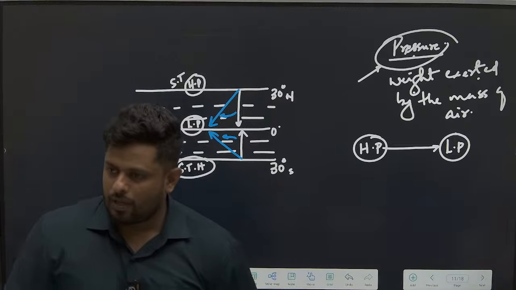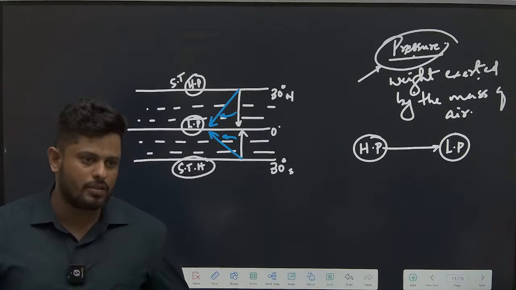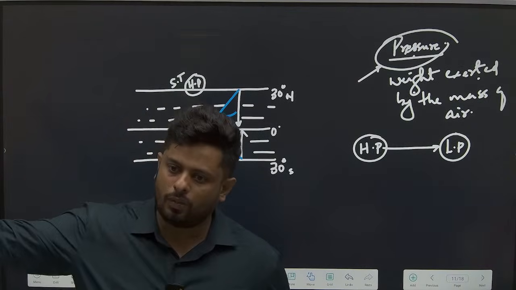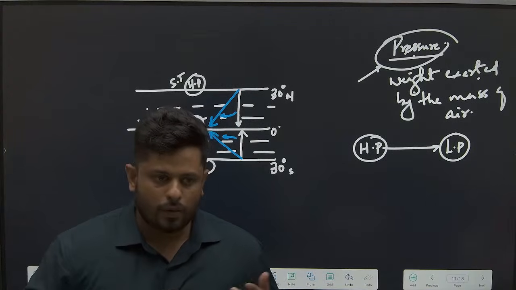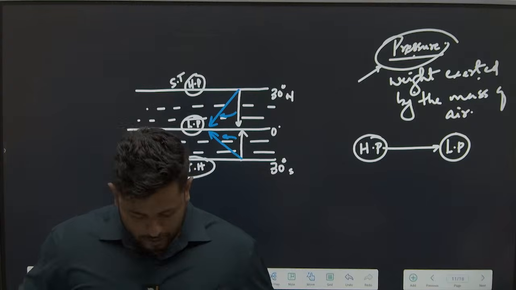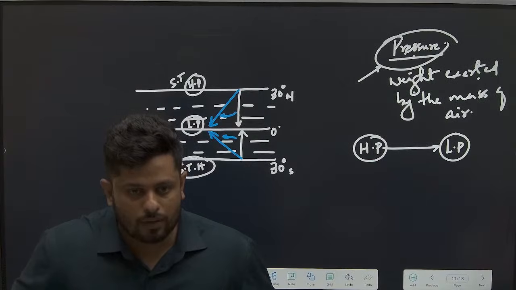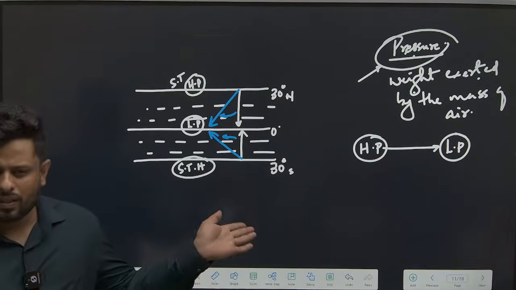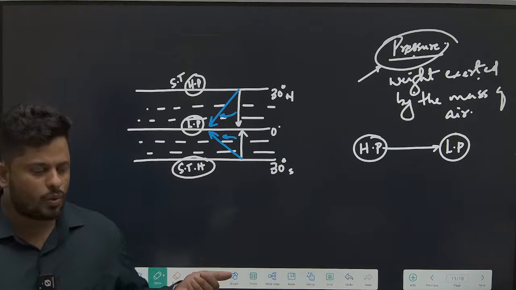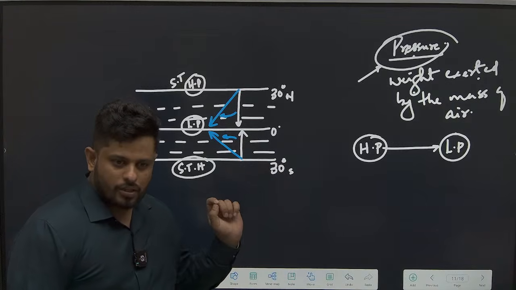Correct? If the winds are moving from a marginal water body towards the land, we call it onshore. If the winds are from the landmass to the water body, offshore. Can you tell me which of these winds will bring rainfall? Onshore. Offshore winds have a tendency to induce dryness. Correct? Okay. So in the southwest monsoonal season, winds are onshore, and winds are always named after the region that they originate. Correct?